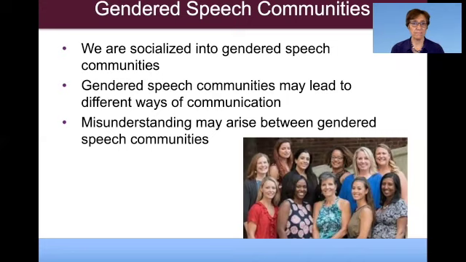And the people that were studying the way that gender can constitute a speech community came out of anthropology, which looked at how culture creates these different communities. And so these people got the idea that, hey, I think that men and women are kind of like two cultures in the way they interact. And so when that happens, there can be misunderstandings.